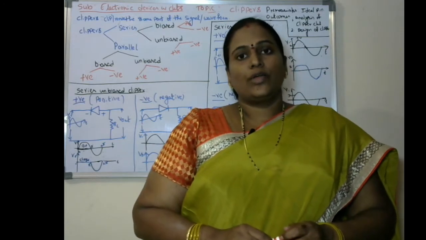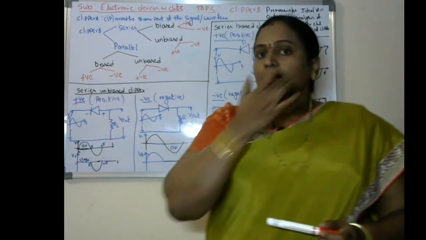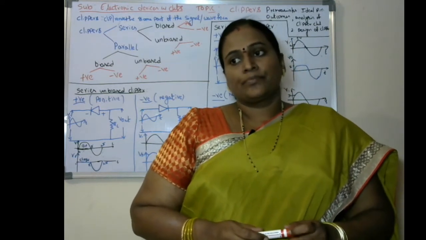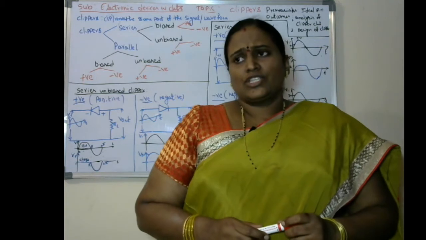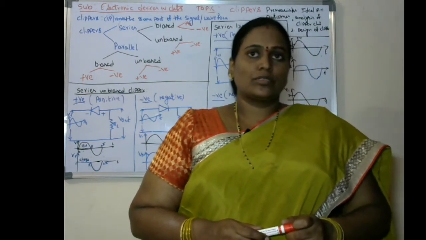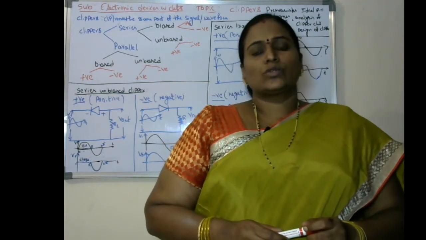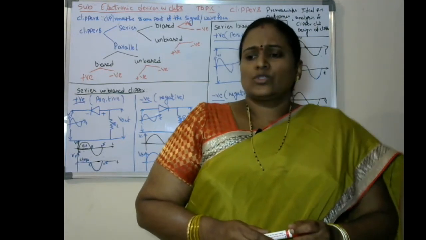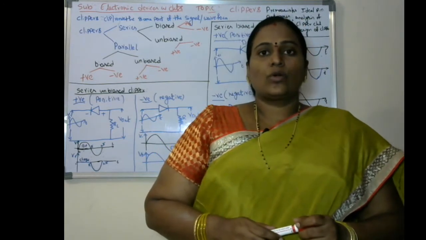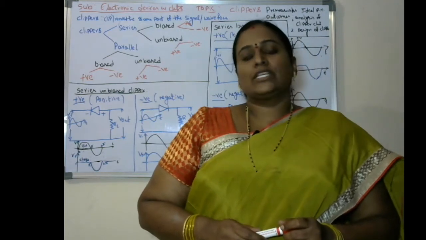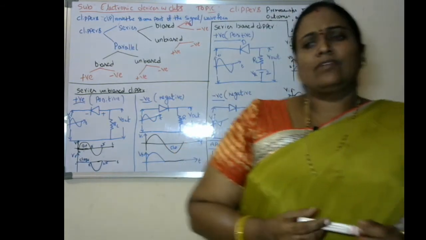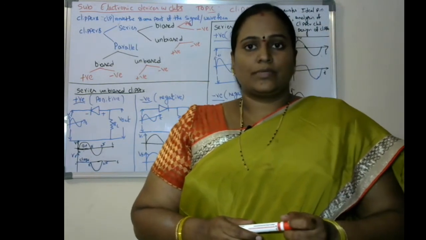In this lecture, we are going to discuss mainly the clipper circuits, and how the PN junction diode can be used in clippers. Mainly, the PN junction diode can be used for a rectification process, a clipping process, or a clamping process also. There are many applications of PN junction diodes. So in this lecture, we are concentrating on one of them, that is the clipping circuit or clippers. Another name for clippers is wave shapers.